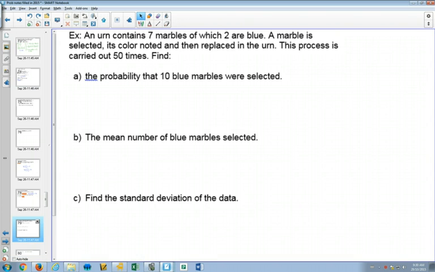So here is a question that comes from, I would say the idea of it comes from the old pre-calculus course, because there were so many questions in their exercise book that involved urns and putting marbles in urns, which I don't know why as a child you would like, oh, put some marbles in an urn. It's not, it sounds kind of morbid. Anyways, you just happen to have an urn and you bury 7 marbles in there, 2 of which are blue. And then you do this 50 times. You disturbed childhood, I guess.